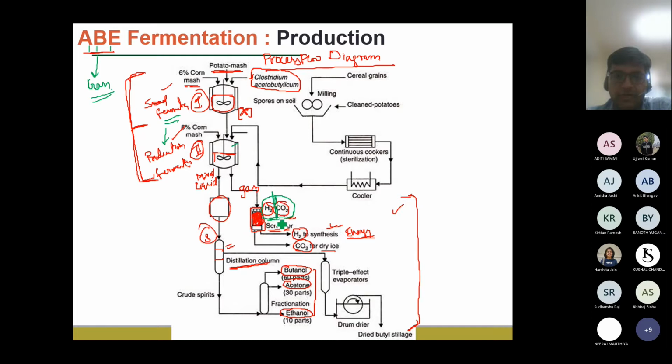So we need to separate them, and we use different scrubbers. The scrubbers basically work on the principle of the solubility or the absorption of the gases in a packed bed. Generally these are tall columns, filled with some packed bed like structure, and the solubility of hydrogen and carbon dioxide is going to be different.